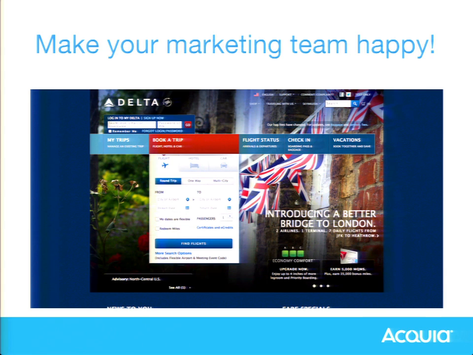So the example we have here is an anonymous screen, essentially. The two most important things are either log in to see what you're looking for, or I'm brand new, I need to book a flight. Right? It's a very targeted experience. There's not a lot of extra content on the page that you have to optimize for no reason. It's exactly what someone wants to do.